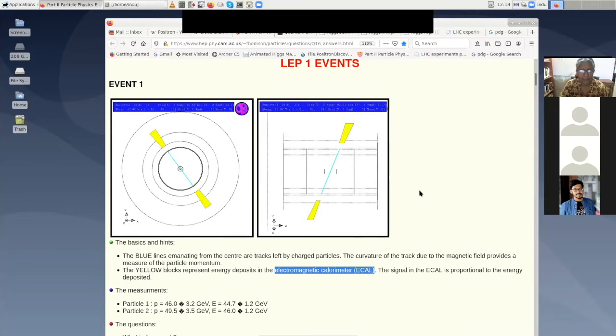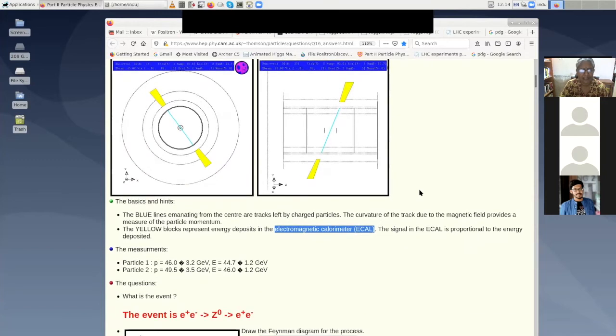So we will ask the question, and since we are just beginning, we will answer the question also. The question is, what is the event? LEP is an e plus e minus machine. It just produces Z naught. Now the question is, how do you know that it's a Z naught? You never see a Z naught, because, as I said, anything massive like this will simply decay. It has decayed into an electron-positron pair. Since the Z naught was produced at rest, it produces the electron and positron back to back.